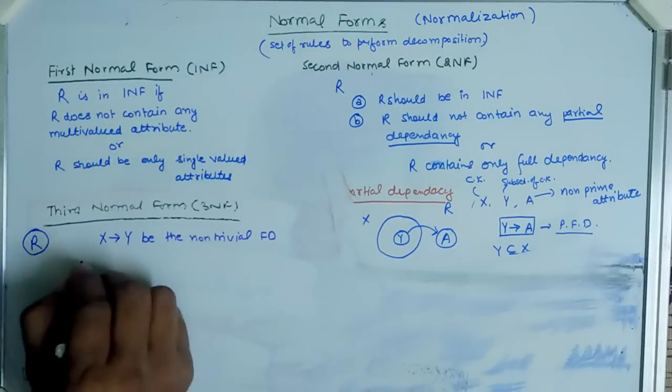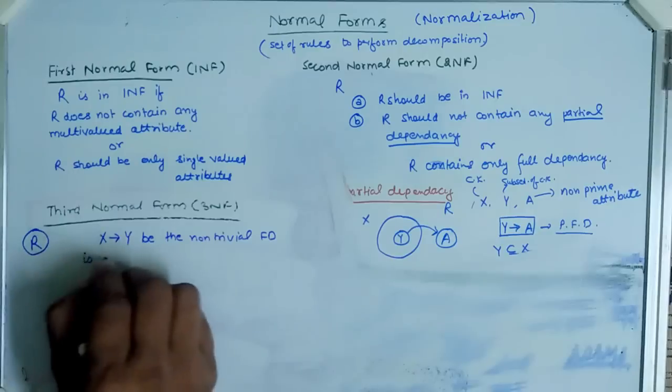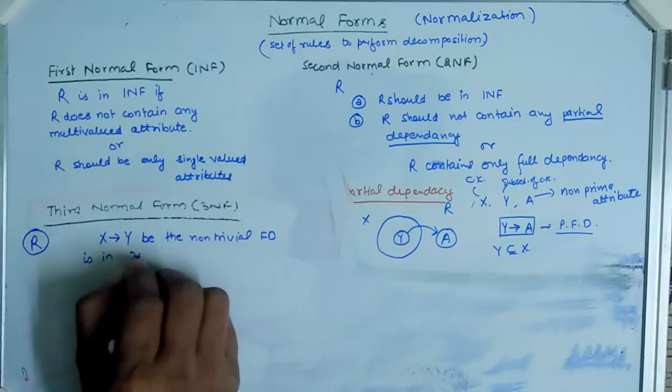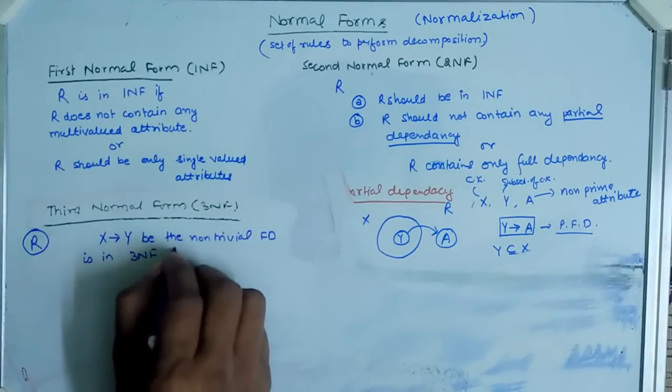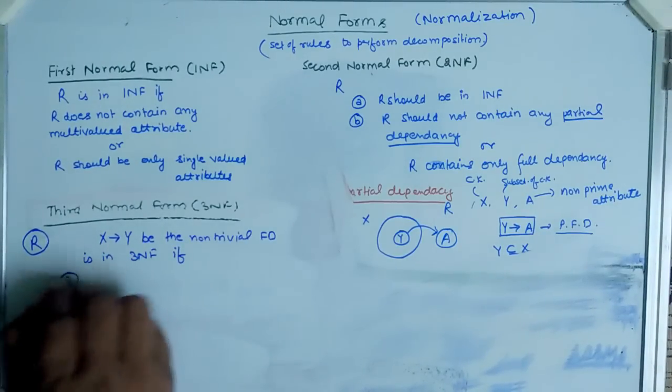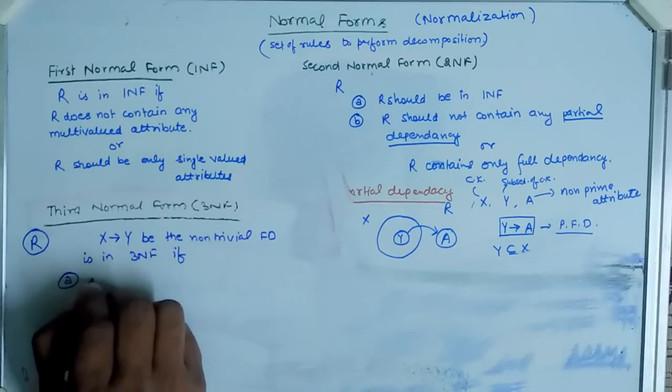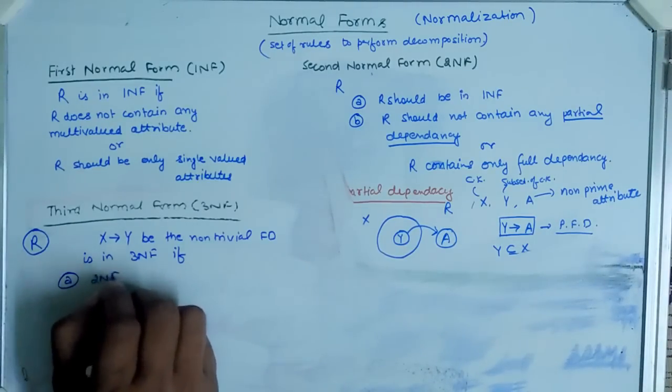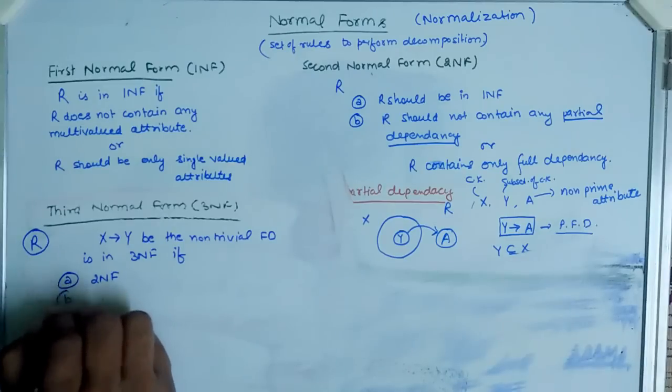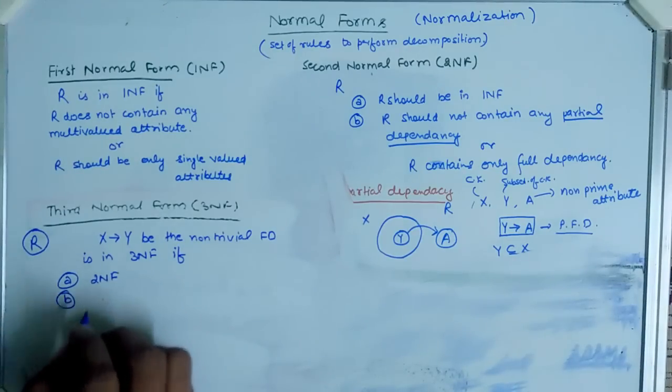It is in third normal form if the condition A is that it first satisfies the second normal form property, and